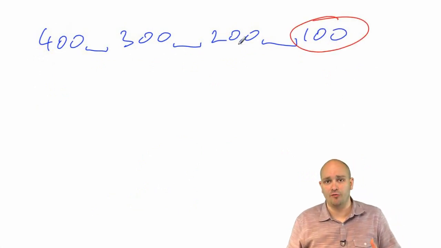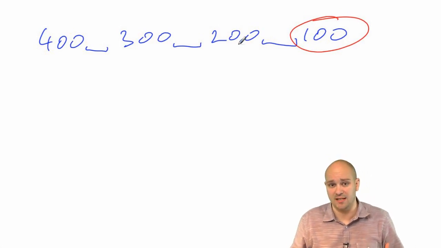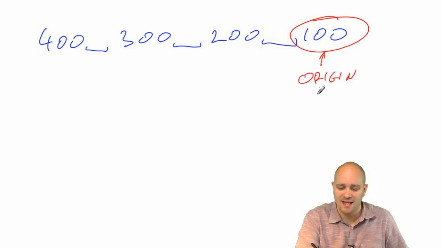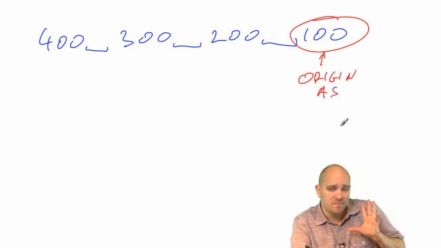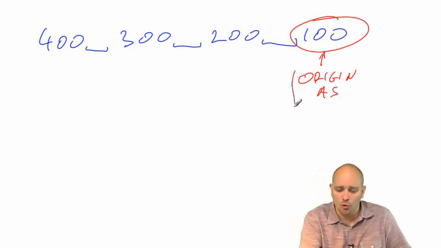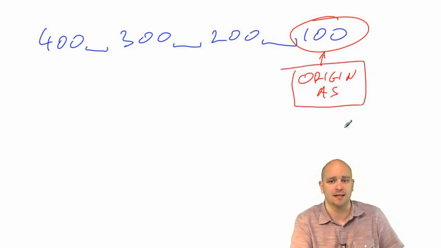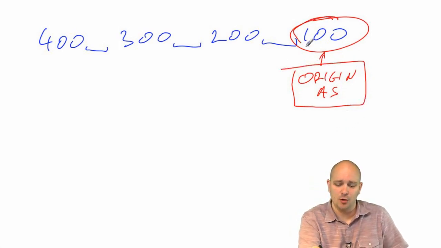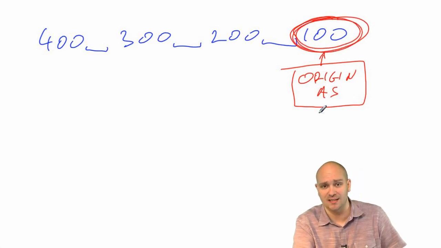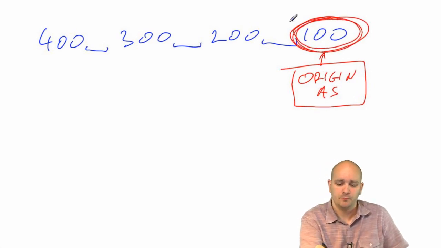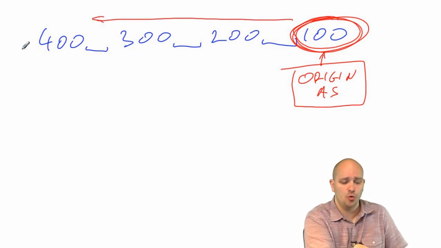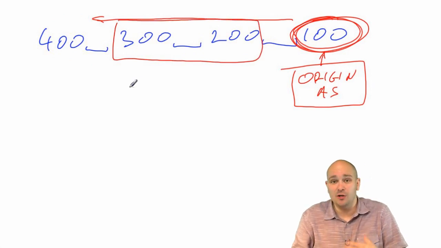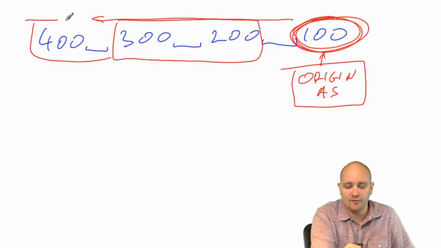From the perspective of the router on which we are observing this route, AS100 is something that is called the origin AS. Now, I would like to point out that this origin AS should not be mistaken with the origin code of the route. This simply means this is the autonomous system that first injected this route into the BGP domain. As this route gets advertised to our AS400, AS300 and 200, and sometimes depending on whom you ask, including 400 and actually 100,